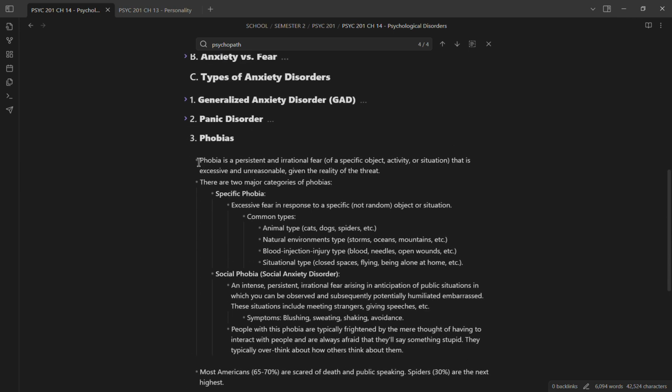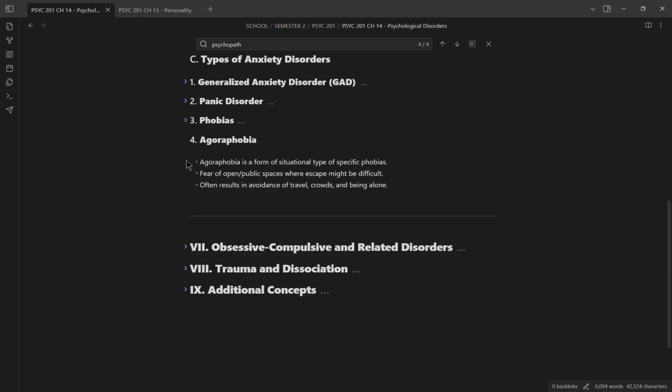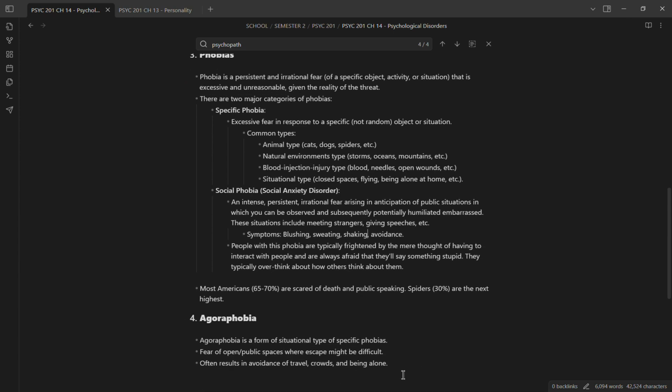So that gives us our general anxiety disorder, our panic disorders, our phobias, and now we have agoraphobia, right? We mentioned that. Agoraphobia, just a light touch, is a fear of situational type of specific phobias. It is a form of a situational type of specific phobias. It is the fear